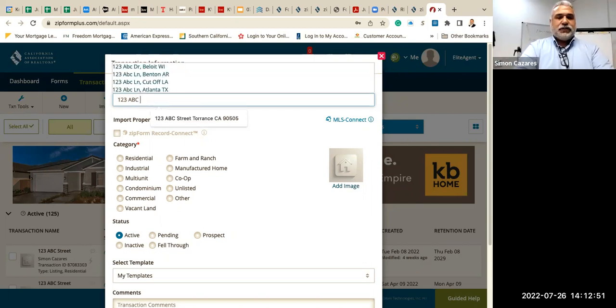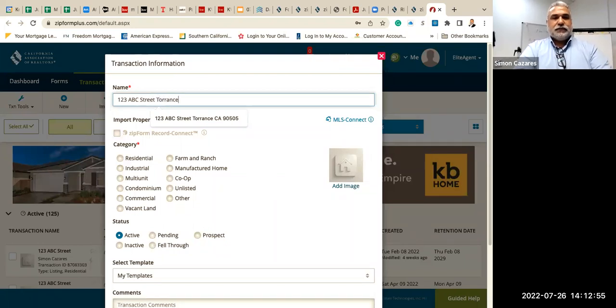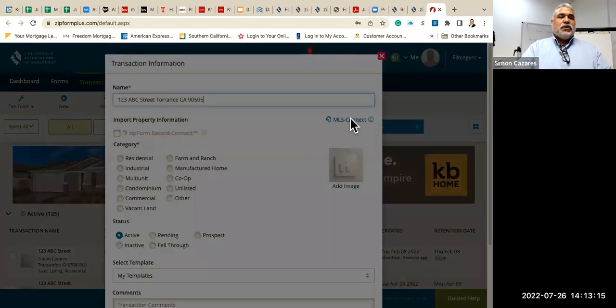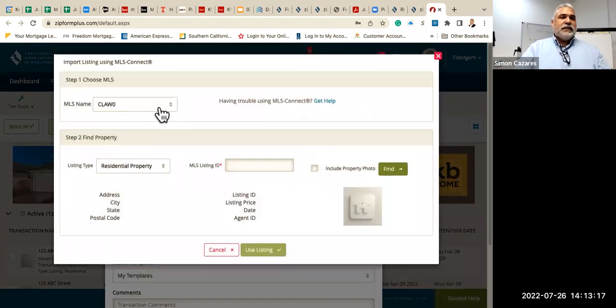What I like to do to make my life easier, whatever offer or whatever listing, 123 ABC Street, Torrance, California, 9505 as an example, right? Now, the cool thing is, if this is a real address, now you can connect if the property is on the MLS. If this property is on the MLS, you just click here, and all you do is put in the